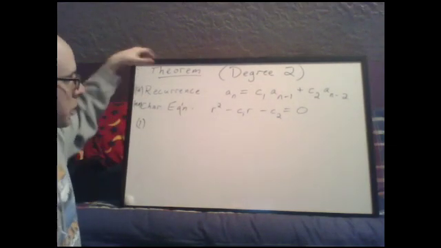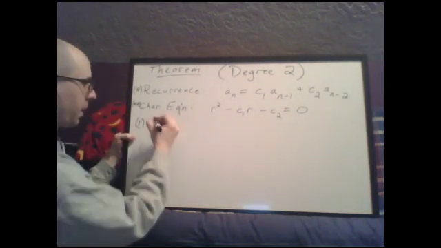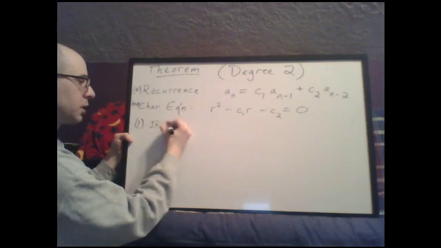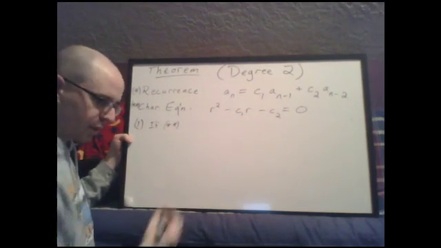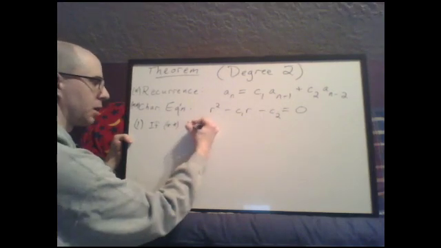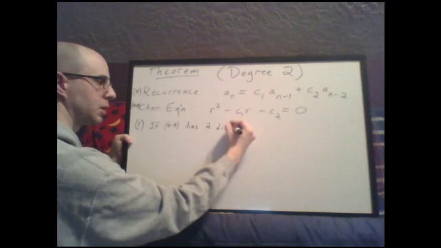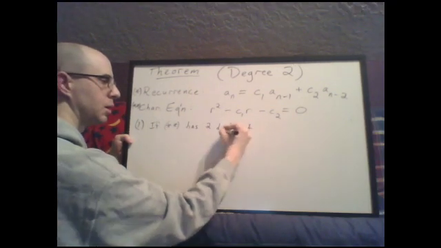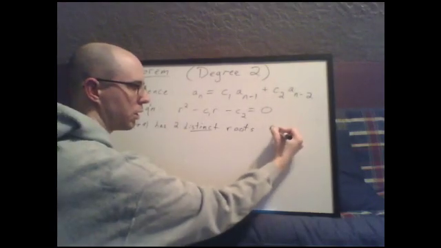We'll call the recurrence star, the characteristic equation double star. So we're looking at the roots of the characteristic equation. If double star has two distinct roots, r1 and r2,